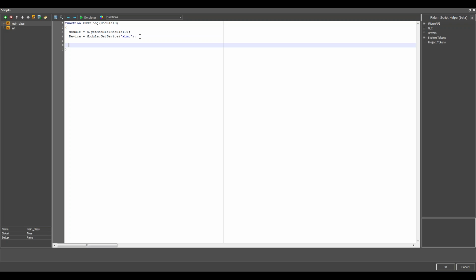So how should we open it? Let's call it resolution, for example, and use a new command, b dot get resolution type.